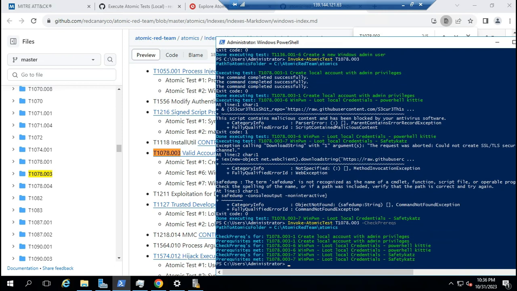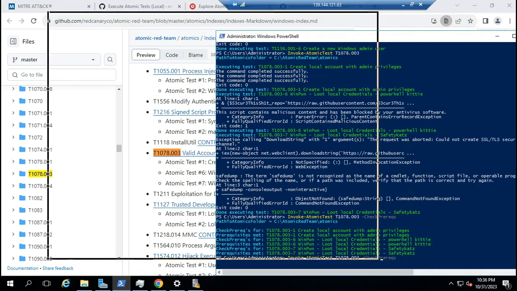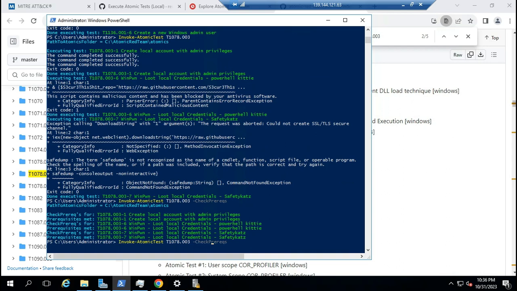If you get an error like this, it's because it's random, usually. Wait, I will see this.